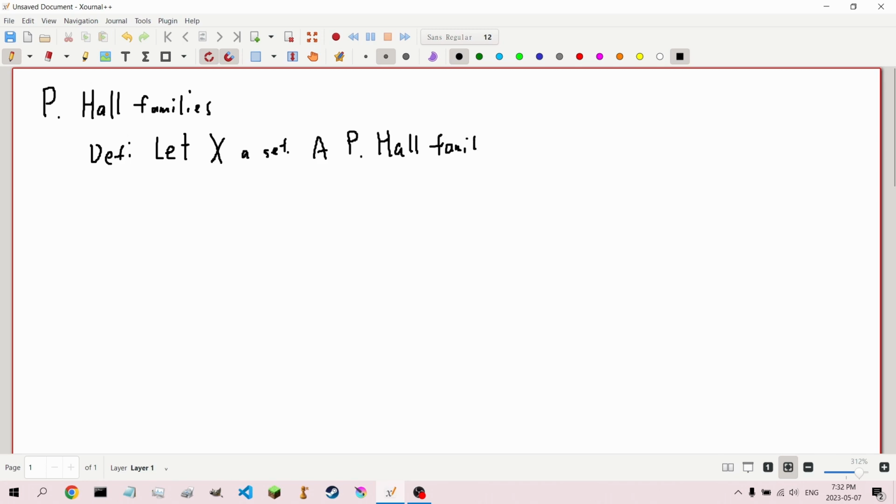A p-Hall family in the free magma on X is a totally ordered subset of MX, H, such that,